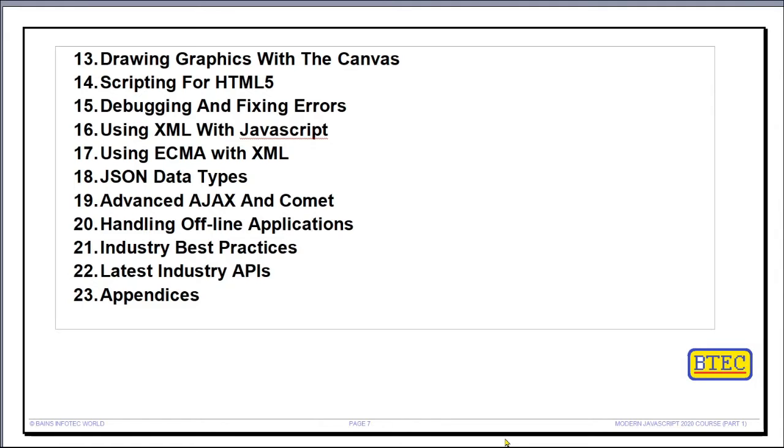errors in JavaScript, using XML with JavaScript, using ECMA with XML, which is using the ECMA JavaScript standard with XML data and with XML documents. JSON, that's JavaScript Object Notation data types, will be covered. Next we'll be covering the advanced Ajax and Comet features for synchronous JavaScript